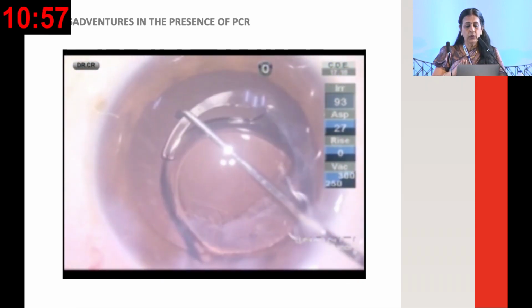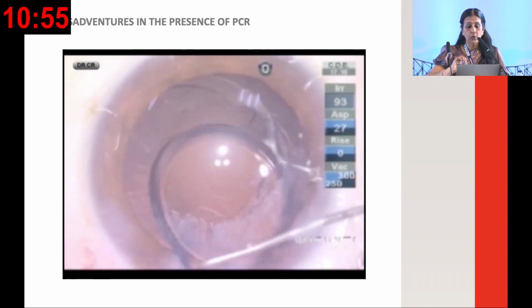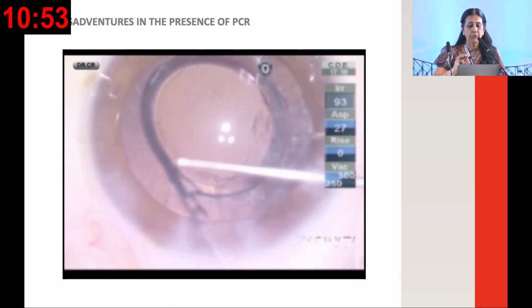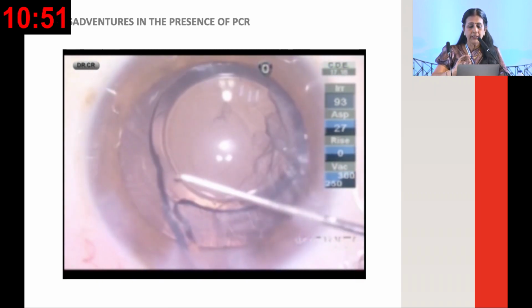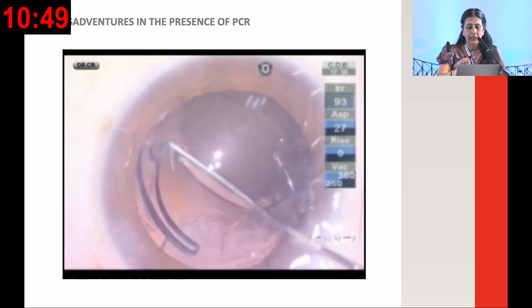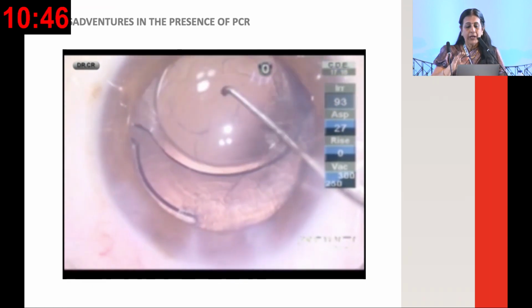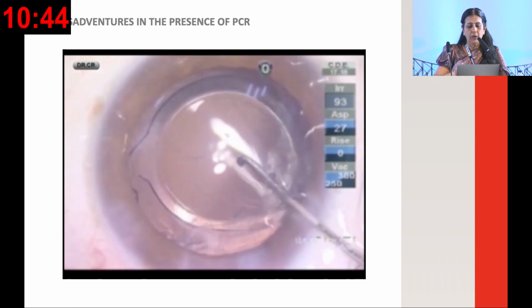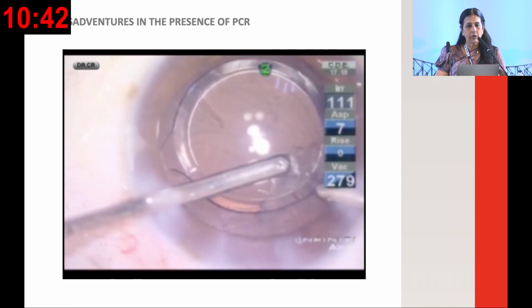So with the IOL gently tucked in so that I don't stretch the capsular bag, these are very important: no anterior chamber shallowing, don't rotate the IOL, allow the haptic to be folded in. And with the IOL pushing the PC away, I would now go in and remove all the cortex